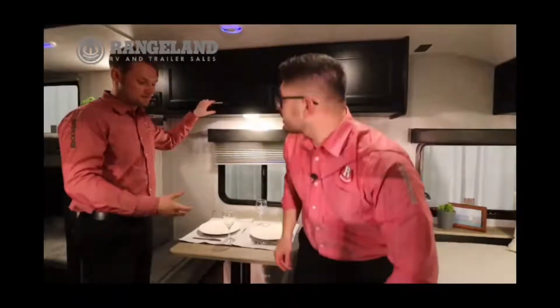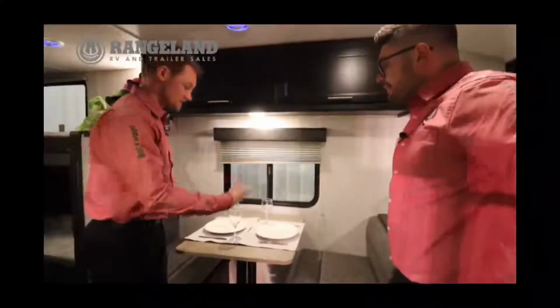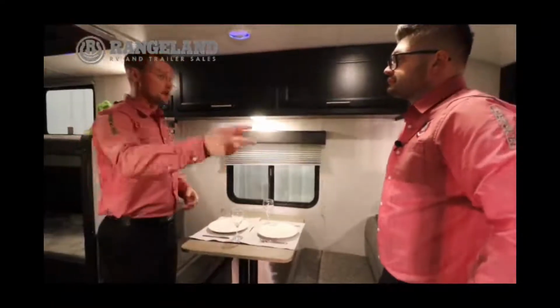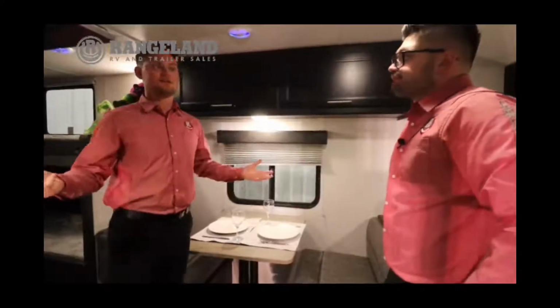Yeah. Solid wood cabinetry. Exactly. And then even underneath these, you can lift the cushions up. You have extra storage here. You know, this can make down into an additional sleeping space. So realistically, you could sleep 2, 4, 5 people in this trailer very comfortably, and you're only looking at 21.5